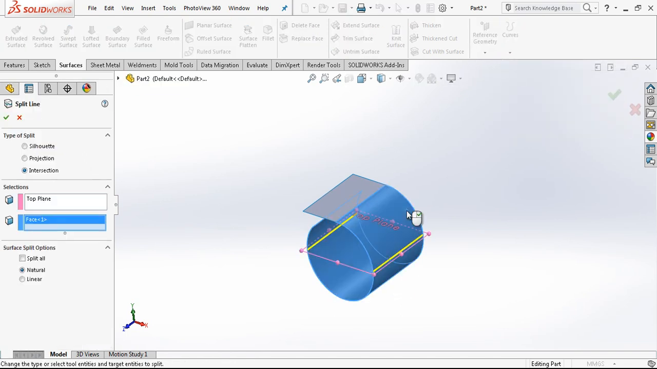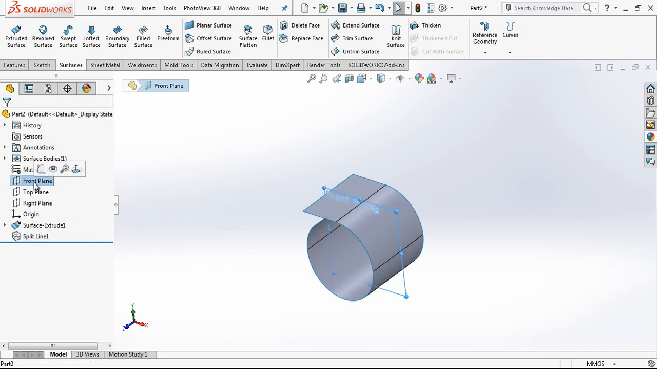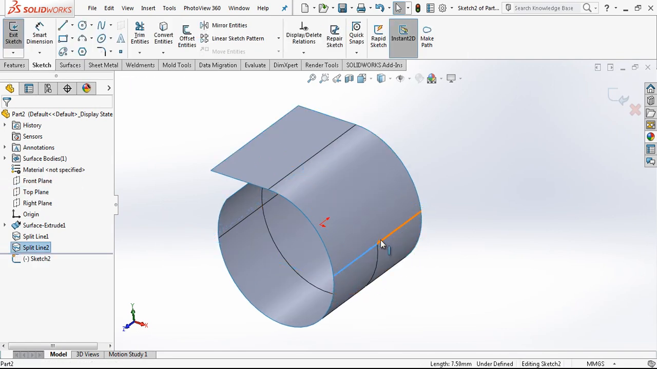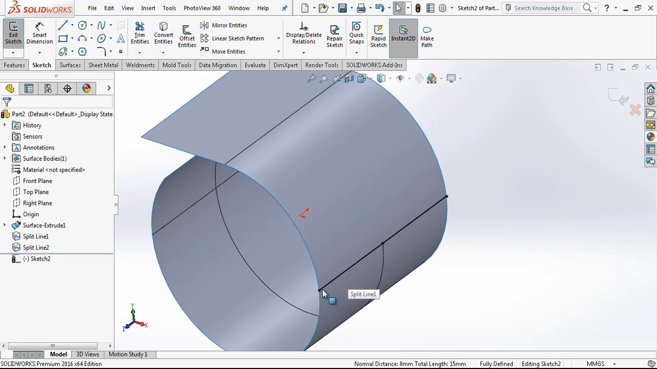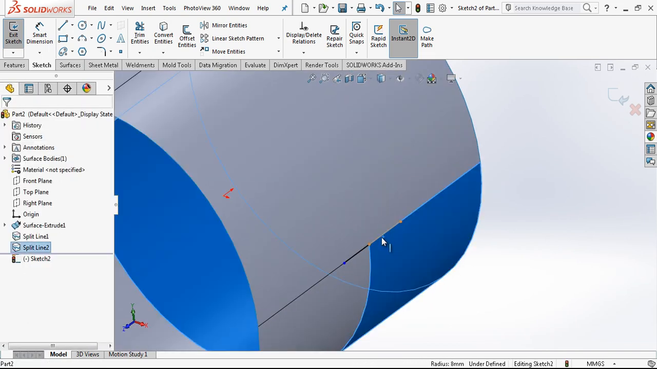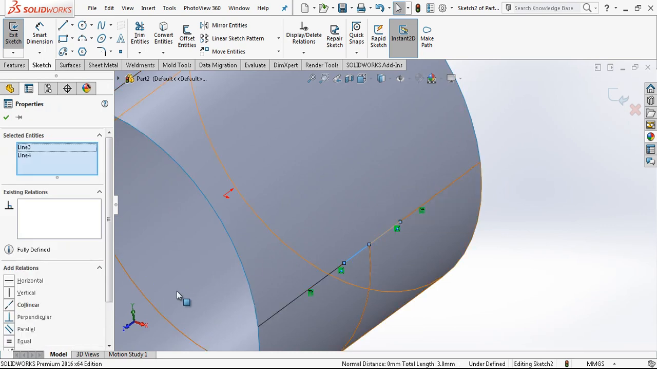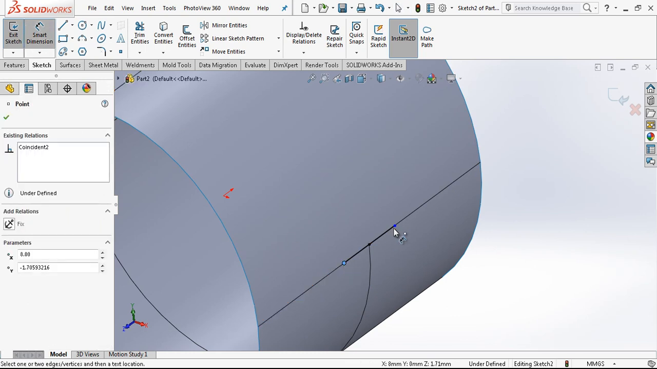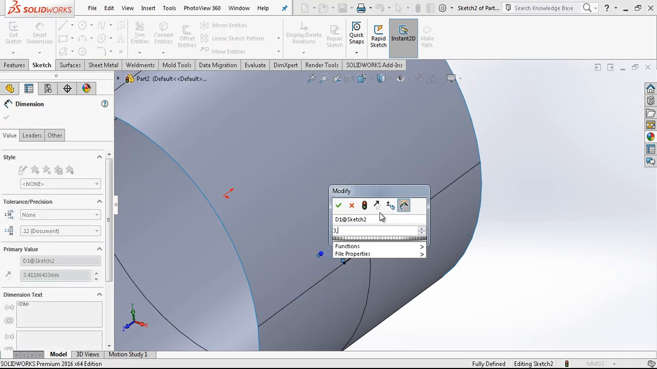making splits on our surface, a vertical split, again with the split line command, and then we create there a sketch. This sketch, basically I converted the corner lines with convert entities. Dimension will be 3.5,